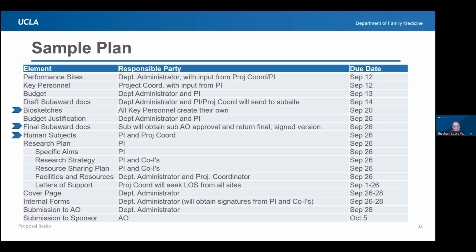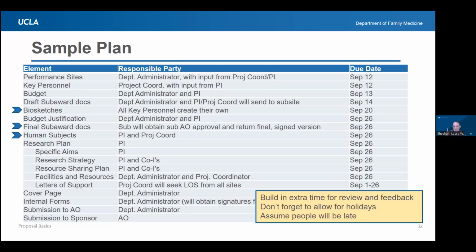into your timeline. Subawards, again, those subawards have to be approved by their authorized official, which means they probably need 5 business days on their end, and that has to be 5 business days before yours. So you really need to build time in, and if you have multiple subawards, even more time. And last, the human subjects is going to take a little bit longer than you think, in my experience, especially for junior or new investigators.